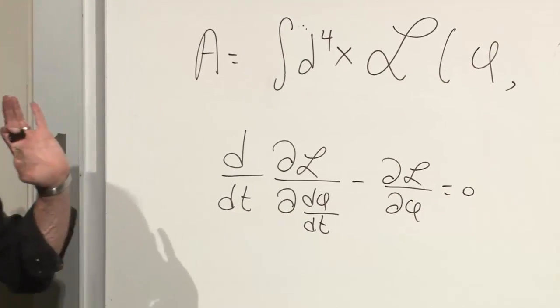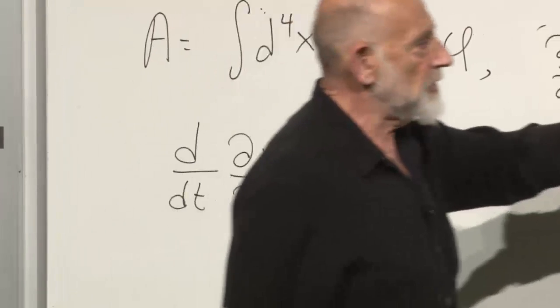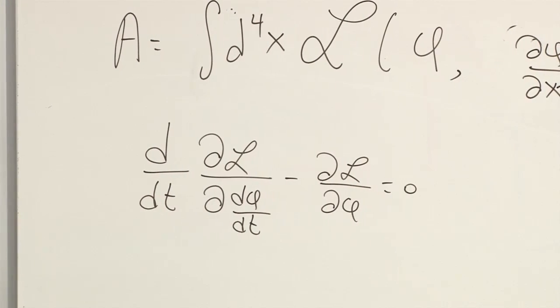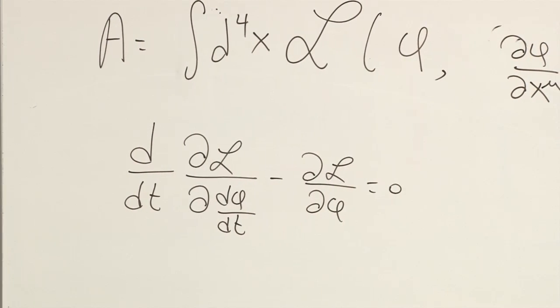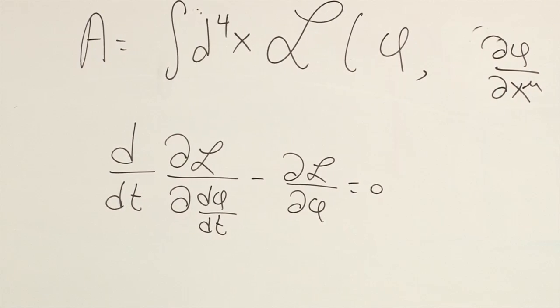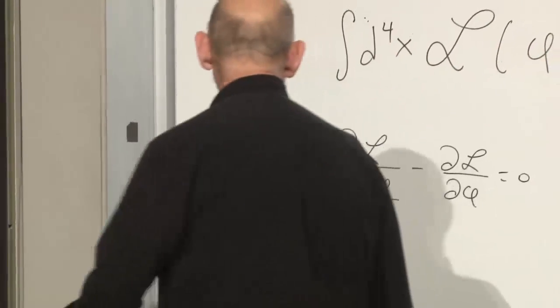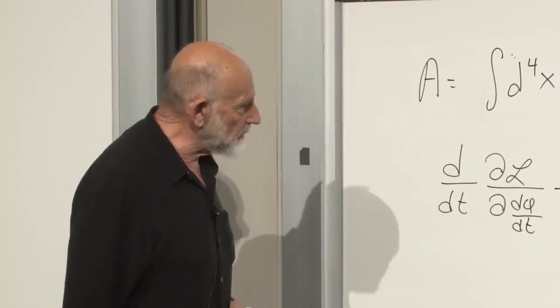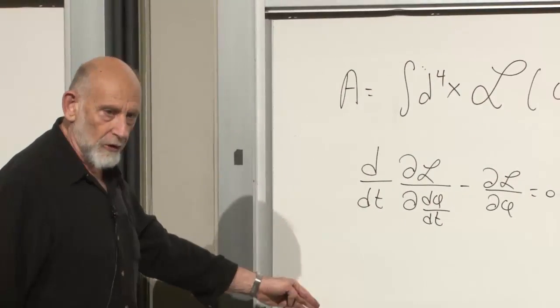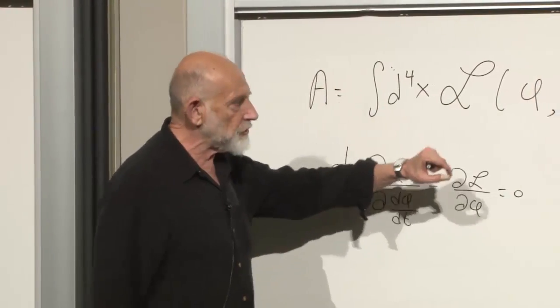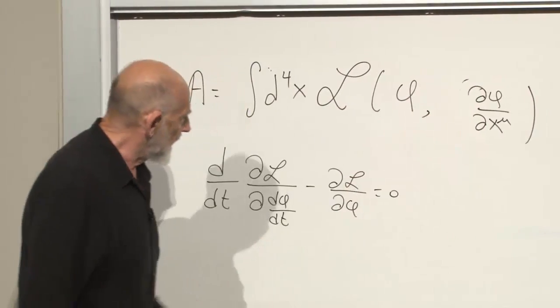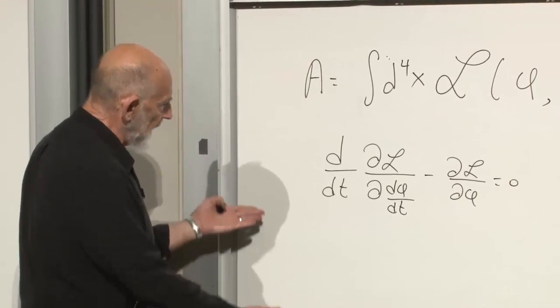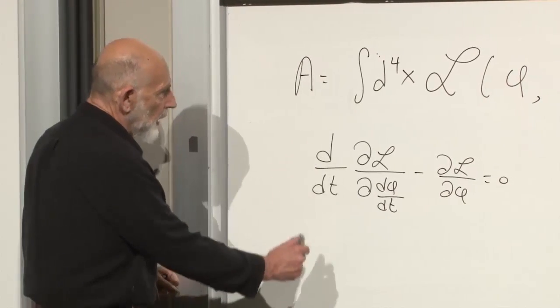That was the simple version in which there was only one coordinate of time. How does it change? It changes in a very simple way. Instead of having a single term here with a time derivative, you have a sum of terms, one for each direction of space-time. And each term looks like a derivative